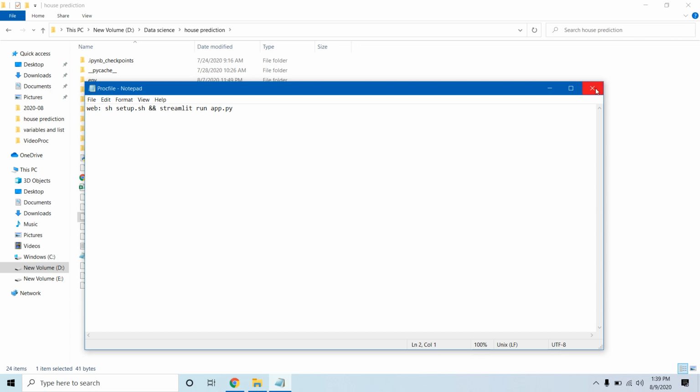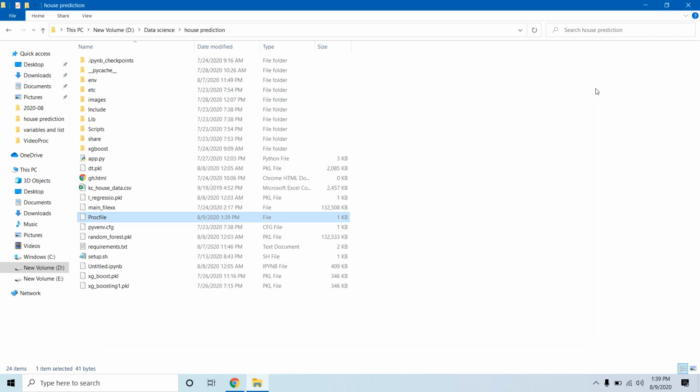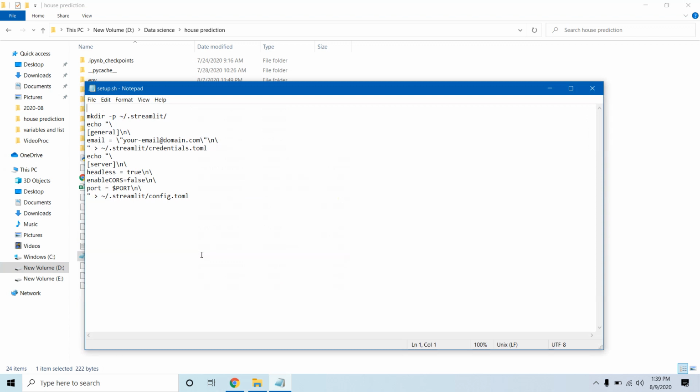Now close it. Now our setup.sh file is a small program for bash. It is written in the bash language and executed in the command line interface.